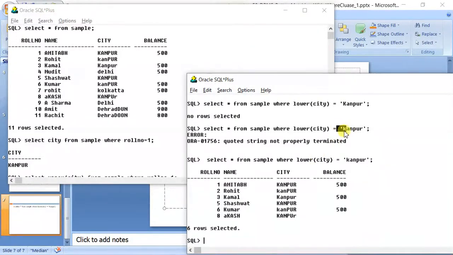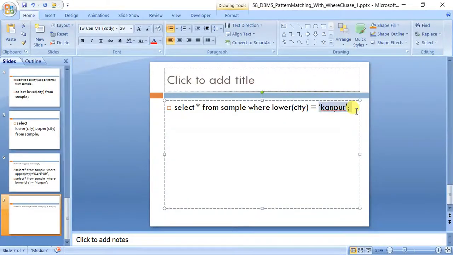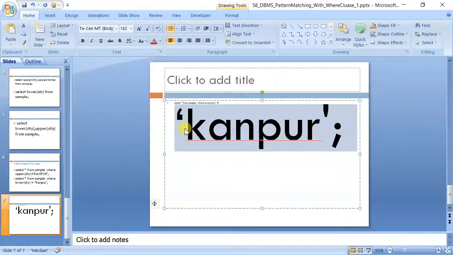I hope this is visible to you that this quote is different, as you can see here. Let me make it bigger. This is different from this. So it will create an error in SQL. I hope this is clear.